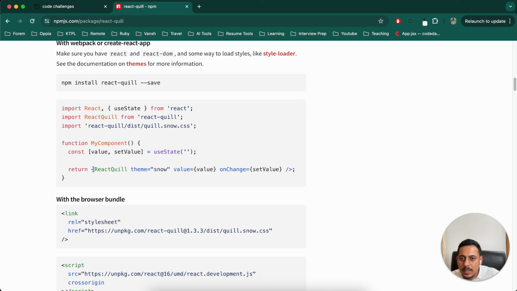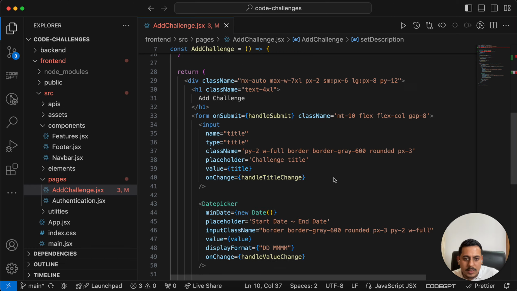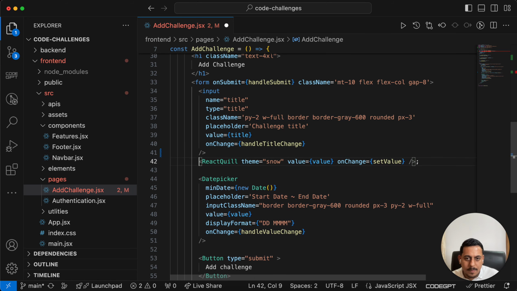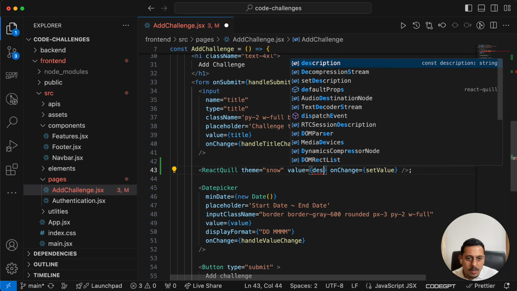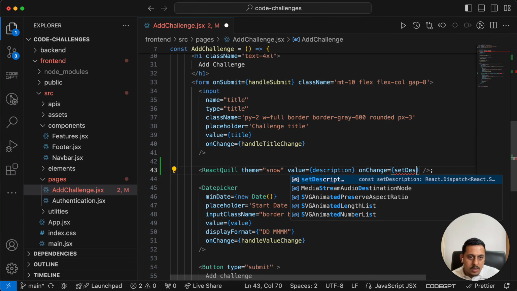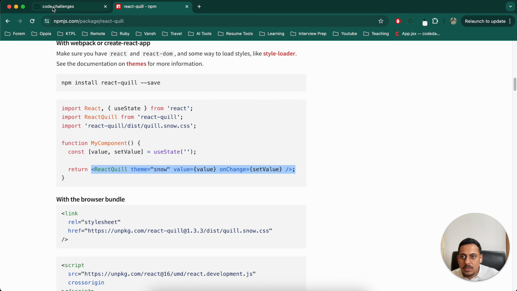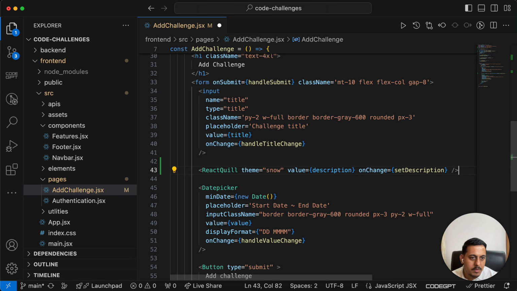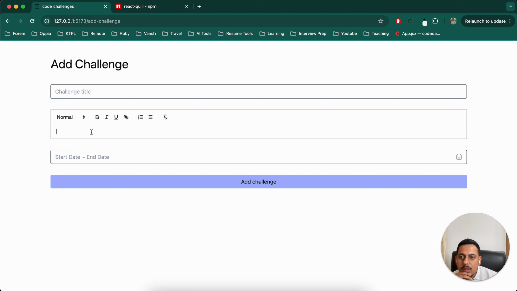it's happening. And finally, we can use something like this. Great. So what I will do is, let's use it here. Description, set description. Great. So let's run this. And we can see this editor. Okay, let me get rid of this. We can see this editor,